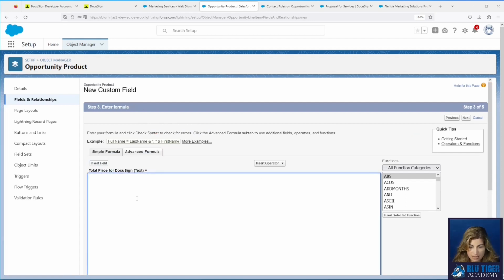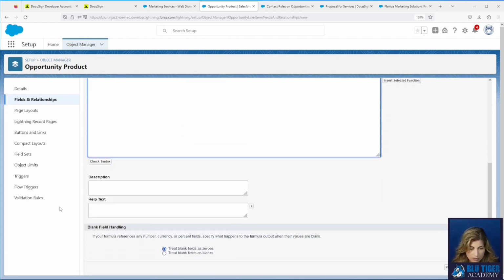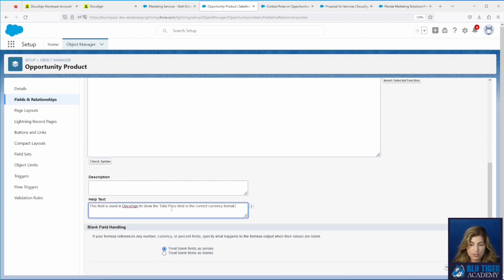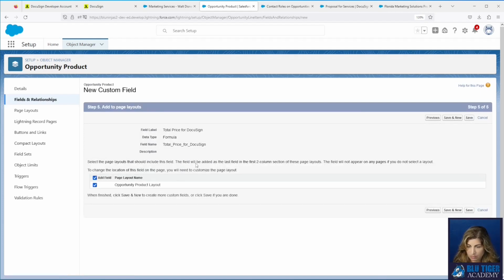The formula is exactly the same as the formula that we used for the amount field, except the amount field is replaced with the total price field. Our help text is: this field is used in DocuSign to show the total price field in the correct currency format. Not going to add it to the page layout. We'll click Save.